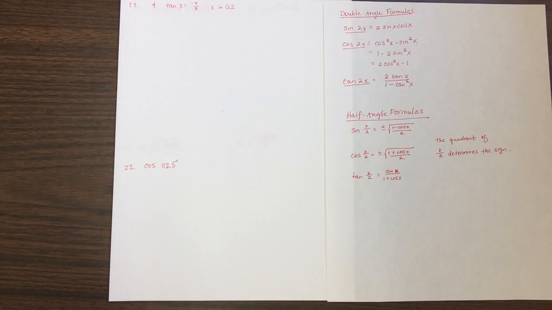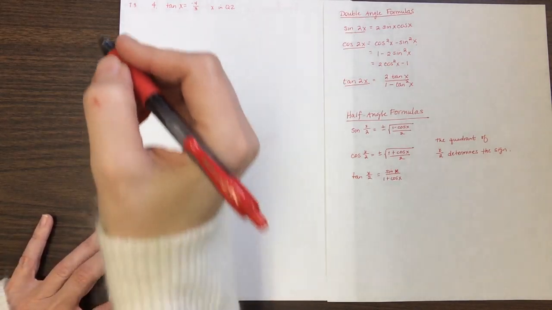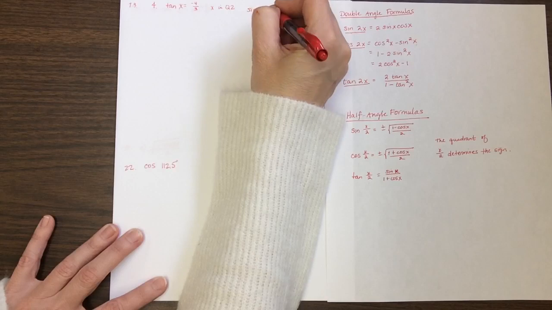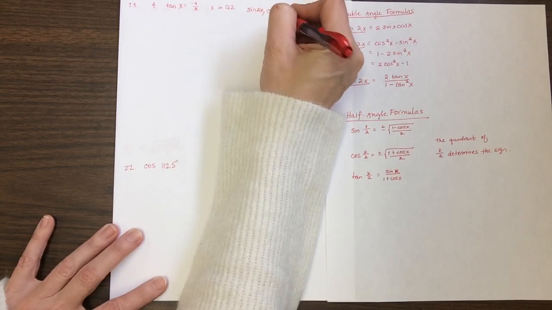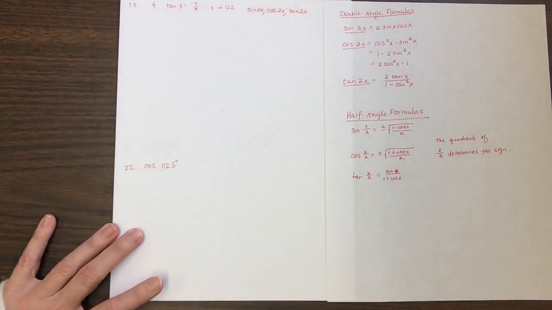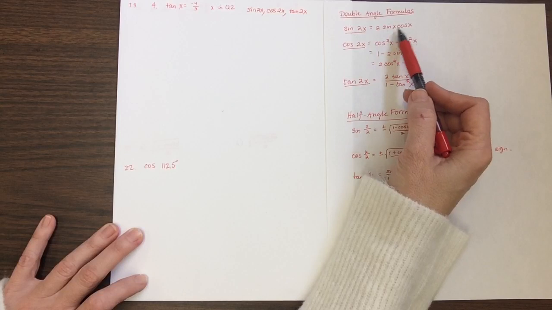7.3, number 4, is the tangent of x equals negative 4 over 3, and it tells me that x is in quadrant 2. The directions for this particular problem are to find the sine of 2x, the cosine of 2x, and the tangent of 2x. Alright, so I'm looking for my double angles here. Remember that the sine of 2x is 2 times the sine of x times the cosine